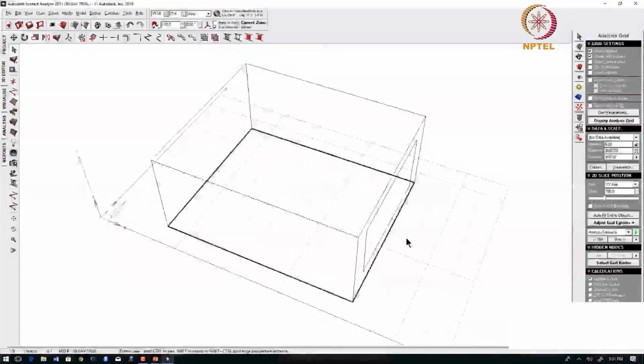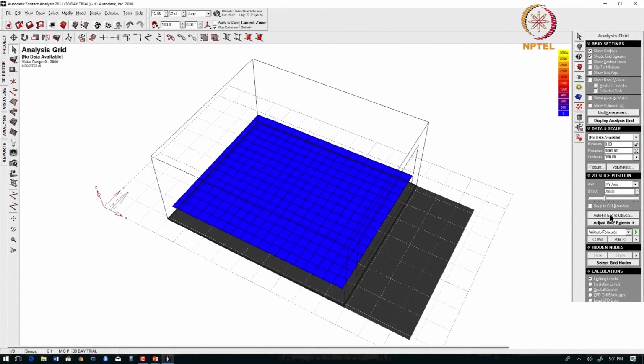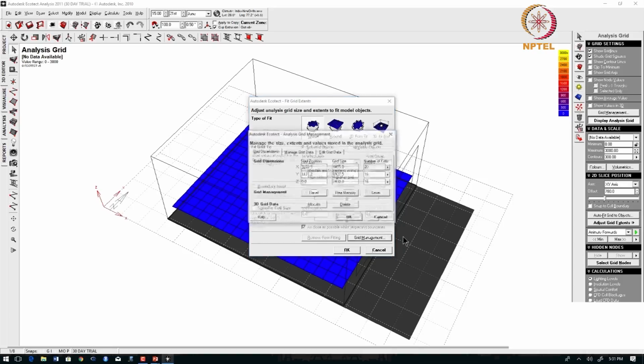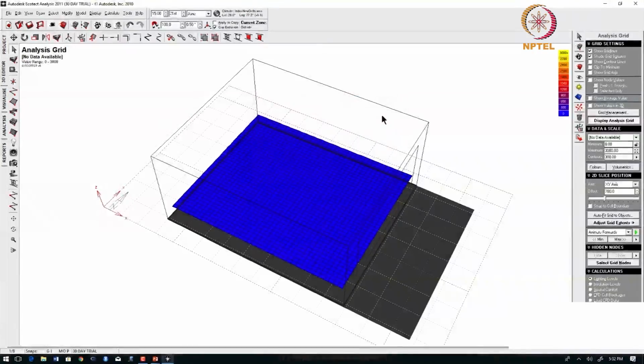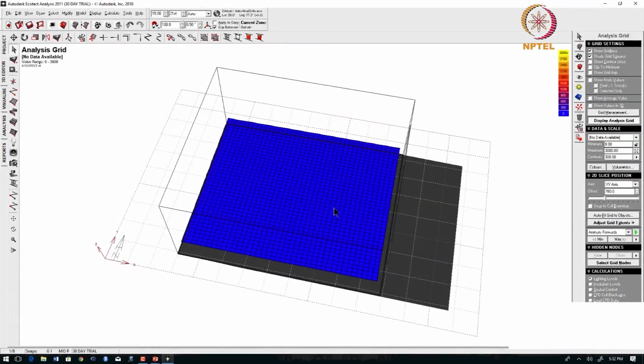So, I can see an analysis grid here. So, I can also increase the number of the grids that are going to come inside, say I am going to give 40. Okay. So, you can see that the grid has resized depending on what I gave as inputs.